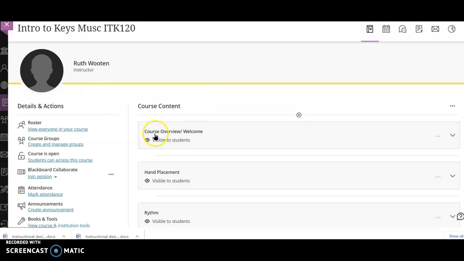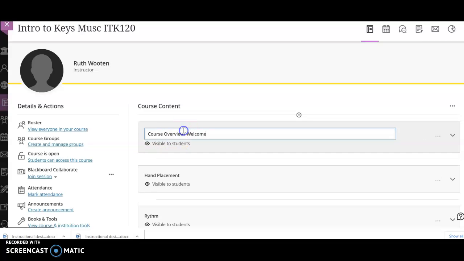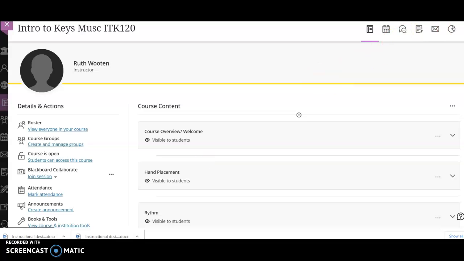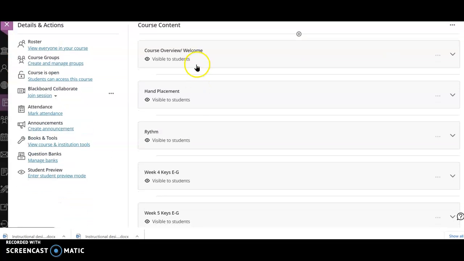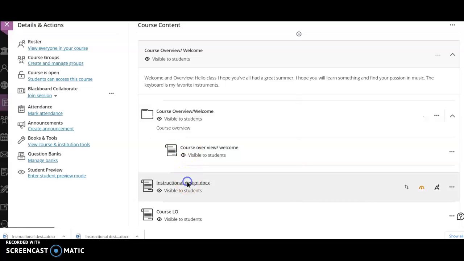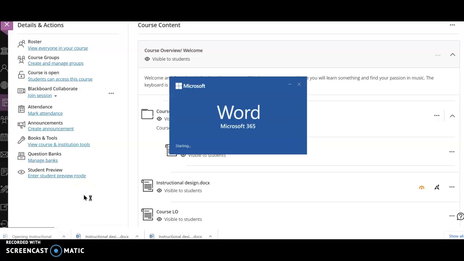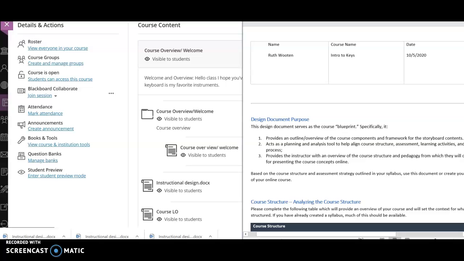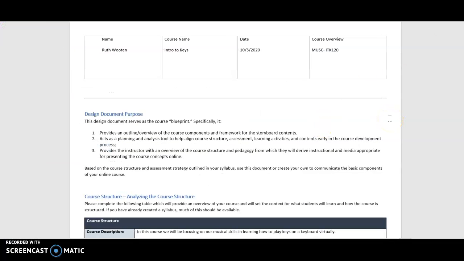So starting off with my course, I have my course overview, the welcome, and it says welcome, the overview. The first part is just explaining the class and all those things. Then I have the second part of the overview, which will be the document, and it's down here, explaining the course,